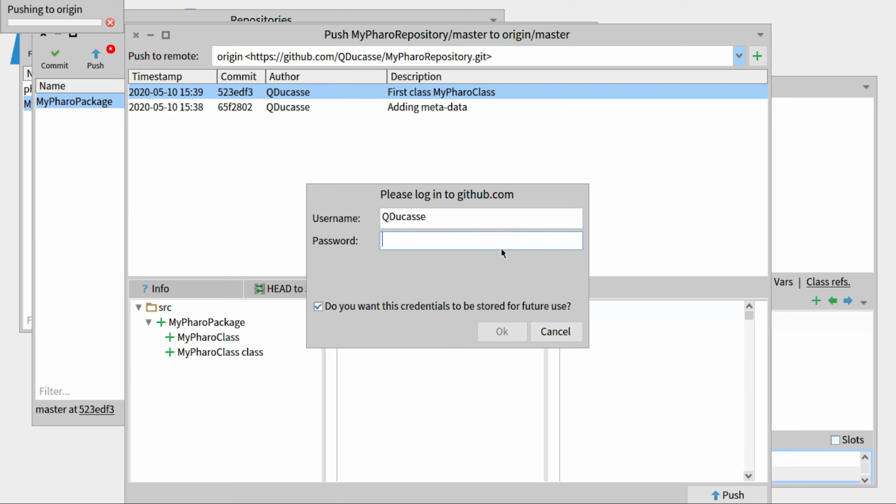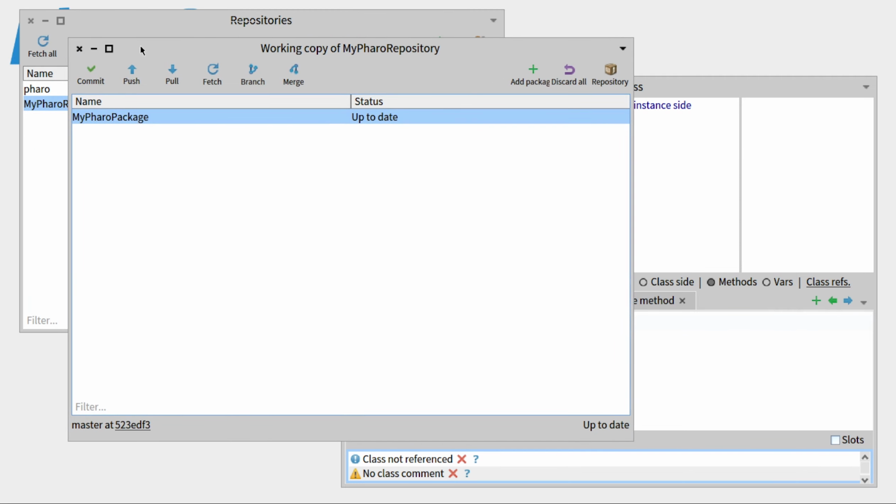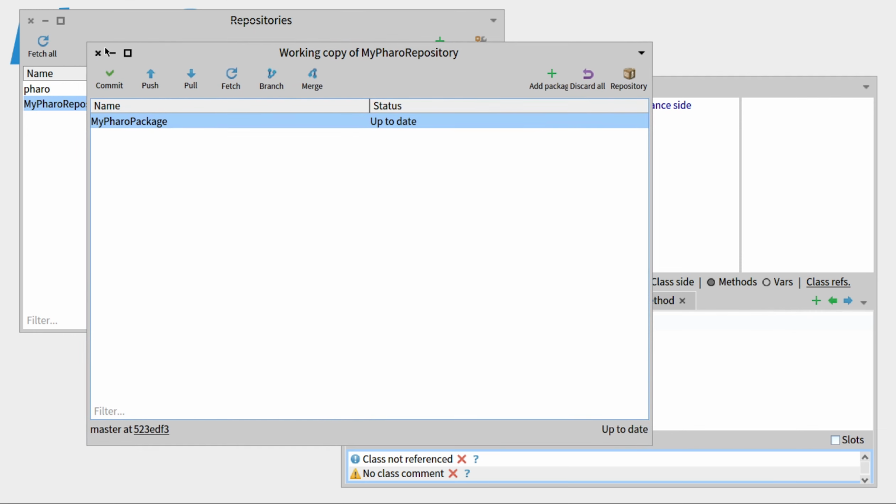So you have to write your GitHub username and password. And you can store them if you don't want to do this step again in the future and you're still using HTTPS. And press OK. So this will push everything to Origin, so Origin will be on GitHub. You can see that everything is up to date. The small dot on the top right corner of the push button has disappeared.